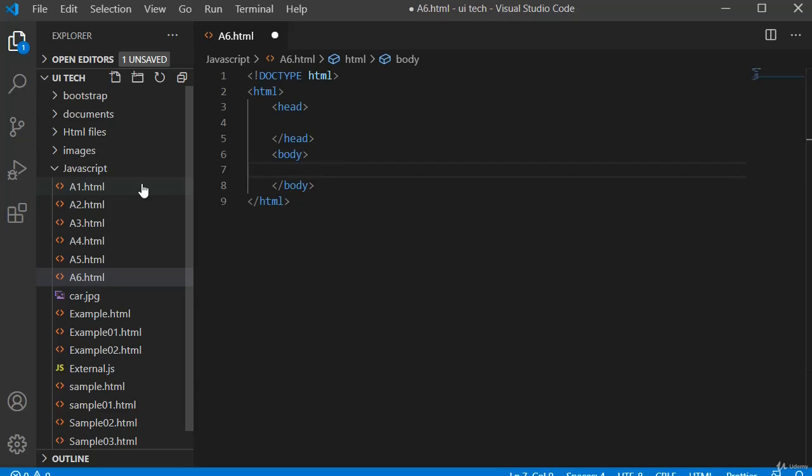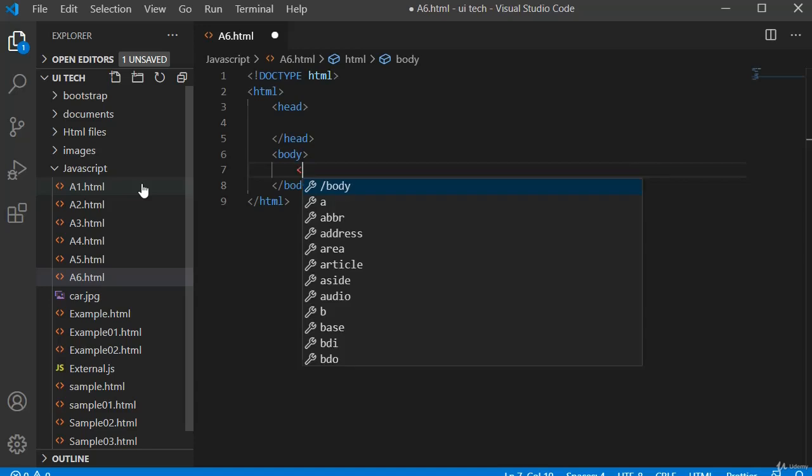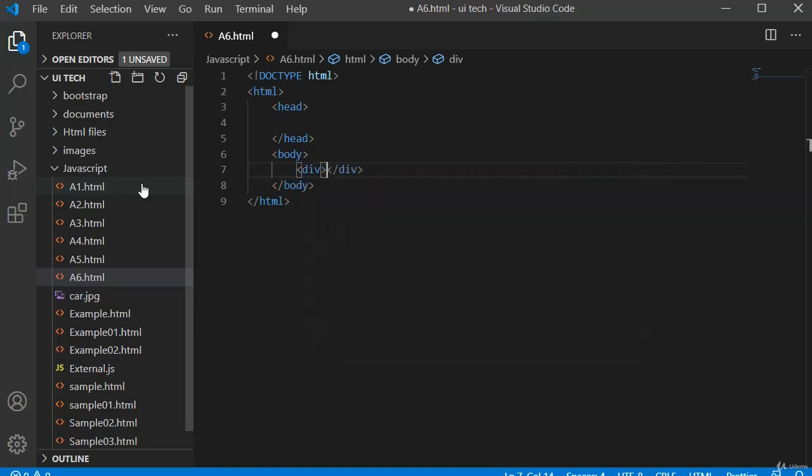In the body section, we will use a div tag, and for this div tag I will give an ID name as msg.